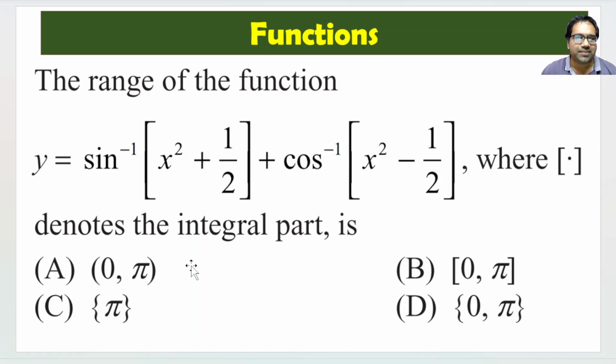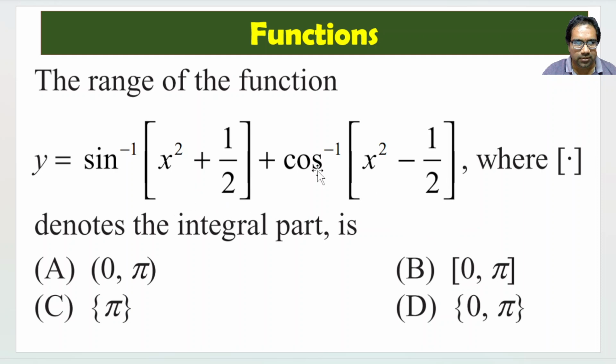We have to find the range of this function y equal to sine inverse of the greatest integer function of x squared plus half, plus cos inverse of, again, the greatest integer function of x squared minus half. Okay, so now